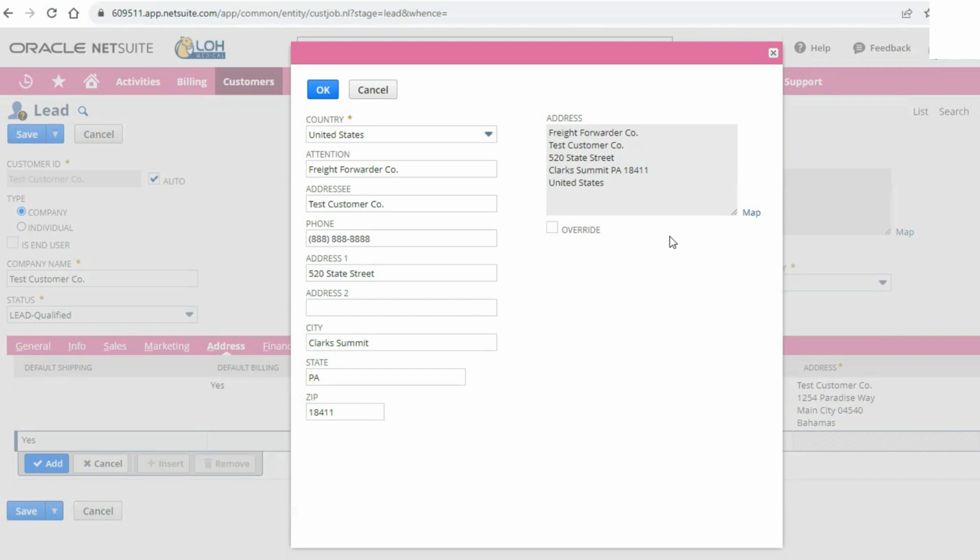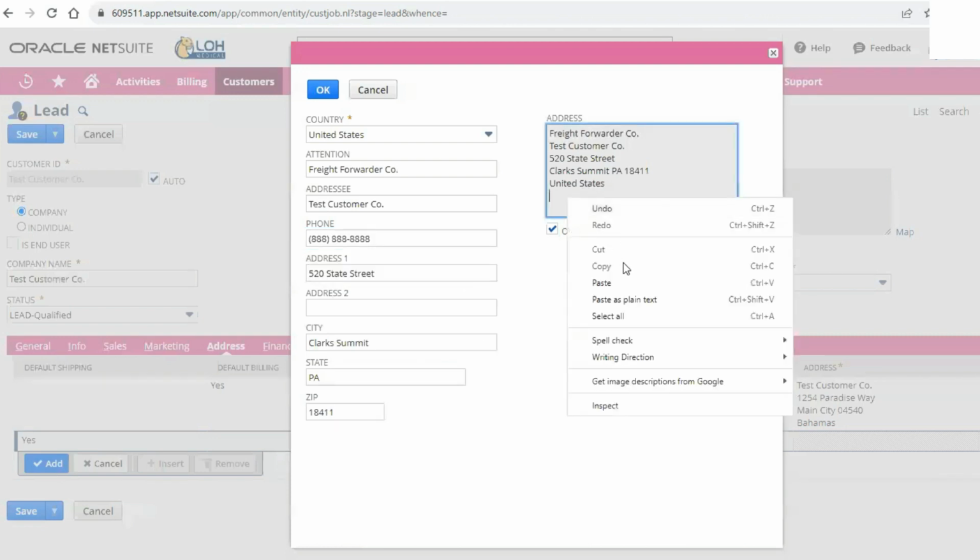Now, with the freight forwarder, operations does require some additional information that doesn't automatically transfer from these fields into this box. So, for example, you need to add the phone number manually, and the phone number is always required.